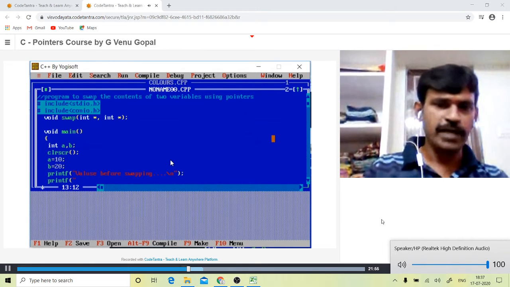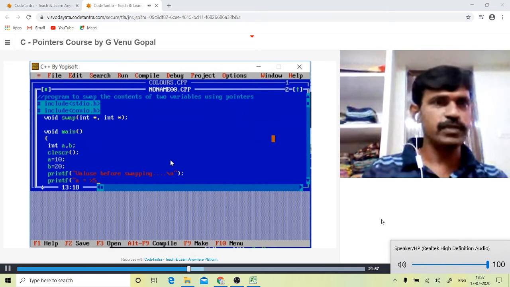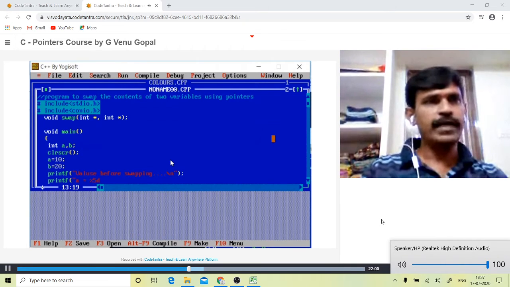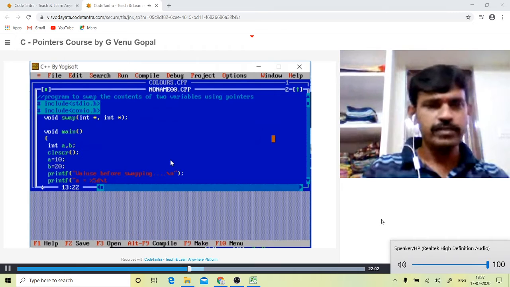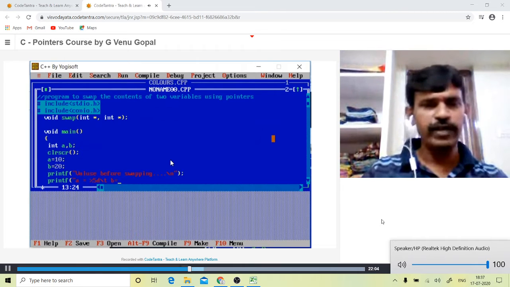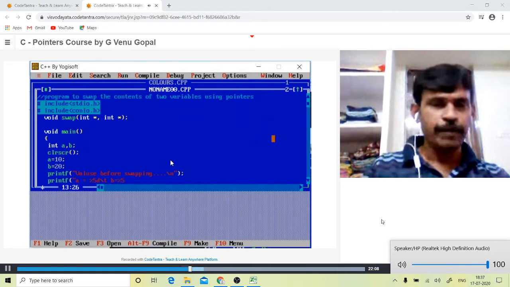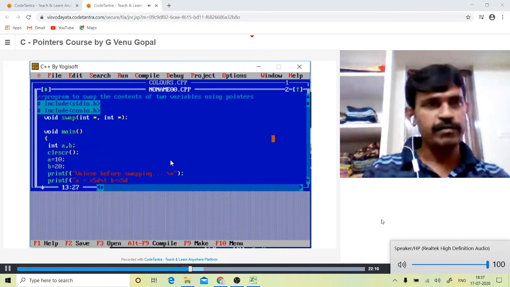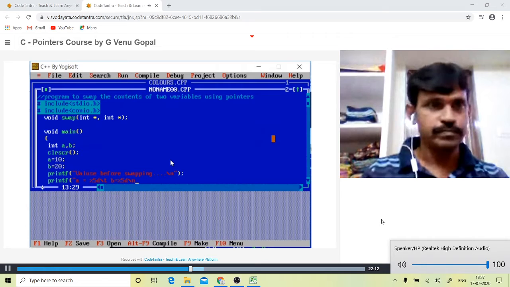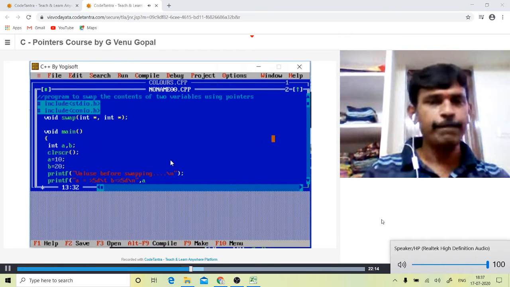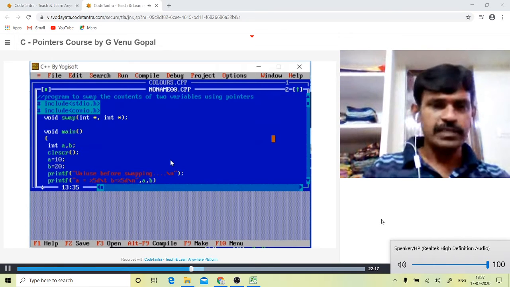Printf A is equal to percentile 5D \t. Similarly, B is equal to percentile 5D \n, quotations close, comma, the values of the variables A and B respectively.